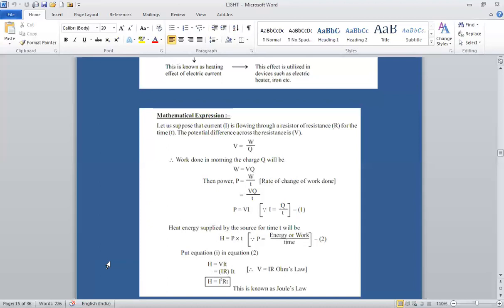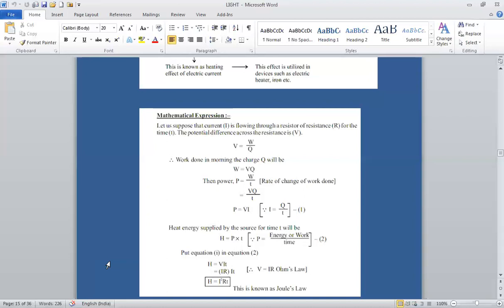However, in many appliances such as television, electric fans, refrigerator, air conditioners, computers, generators, motors, heating is undesirable. The undesired heat produced due to the flow of electric current in these devices increases the temperature of the electric components, and this alters their operating conditions and properties. Many times it may even result in malfunctioning of the devices, and some appliances may get damaged due to excessive heat produced.